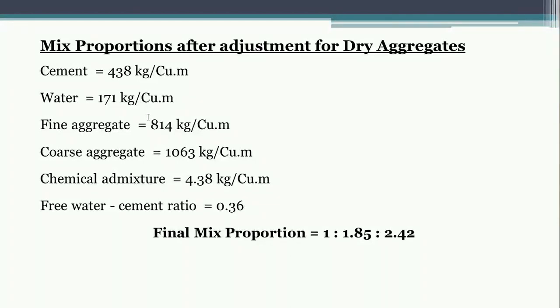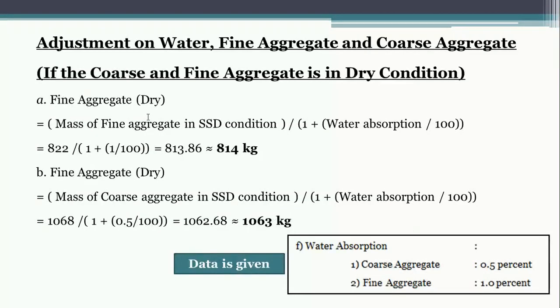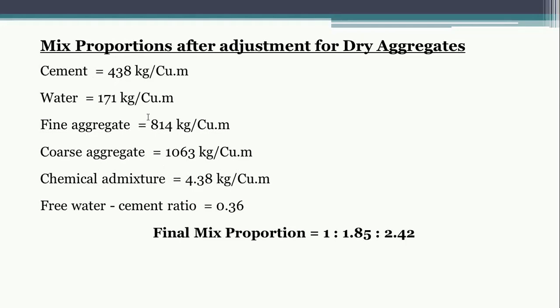So till here you have to do the calculation. Similarly, if there is a free moisture content, if they give some percentage, that indicates that there is moisture already present in the coarse and fine aggregate, then you have to do some adjustment in this step. I will take that in the next problem. In the first problem we assumed dry condition, so these are all the steps that you need to do.